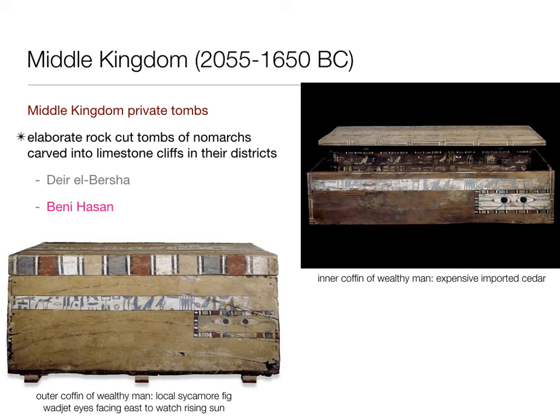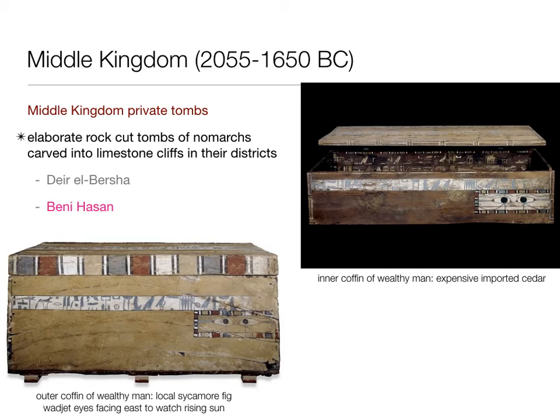They are employing, again, symbols of kingship that we don't see outside of royal tombs until the Middle Kingdom, for example the Wadjet eye. You can see those pair of eyes on the coffins, and these are facing east so that you can watch the sun be reborn every day. And so those are characteristics of these expensive coffins. And again, we'd find these inside the cliff tombs inside their districts and so forth, right?